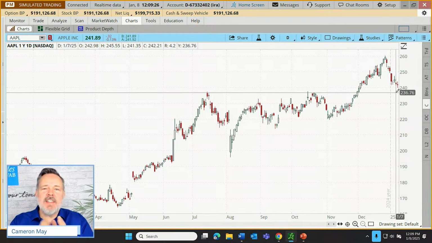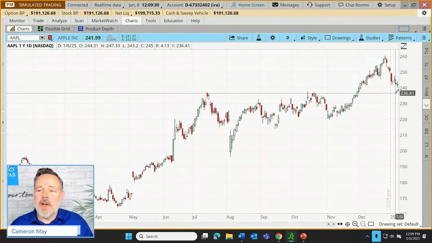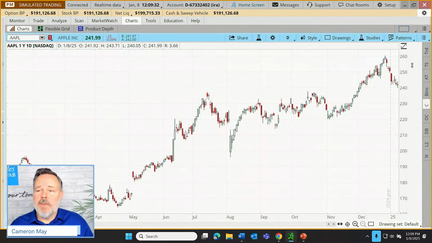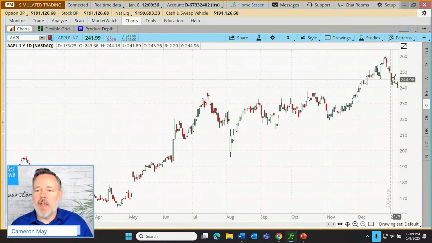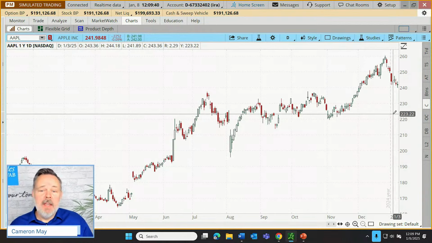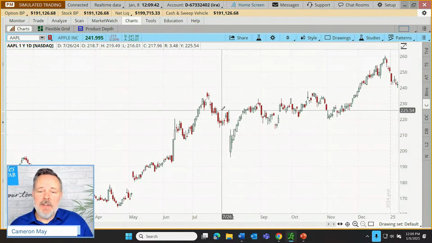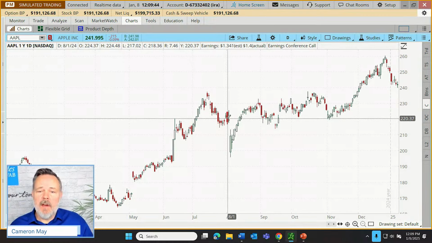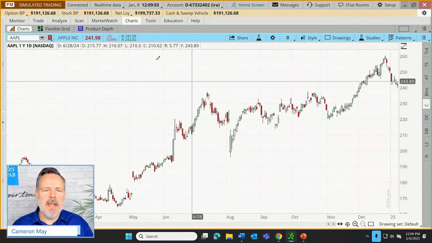So it says 236.76. That's just my cursor on the price chart, its position relative to what we call the Y-axis, this price axis over here to the right. So as I go up, that number goes up. And as I go down, that number goes down. So it makes it very handy that I can intersect wherever I point. I see all the details of that day's price activity, but I can also intercept price with time. Lots of different potential applications for a technical trader.